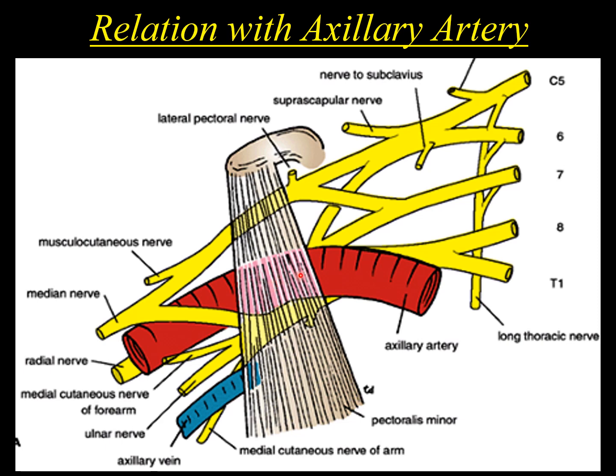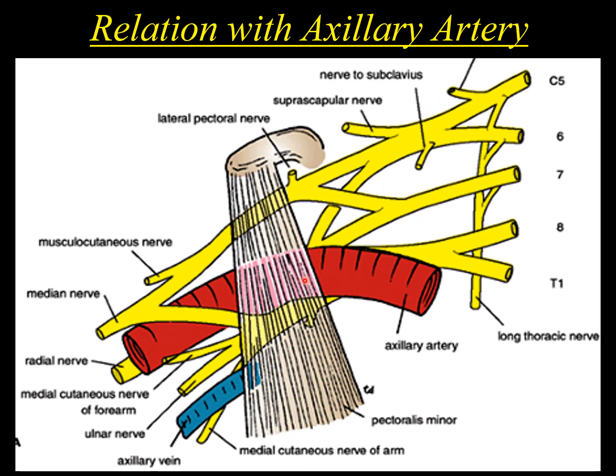So that part of the axillary artery which is passing below the pectoralis minor is known as the second part of the axillary artery, and that part which is passing out from the pectoralis minor onwards will be the third part of the axillary artery. So these are the three parts. The first part lies below the brachial plexus.